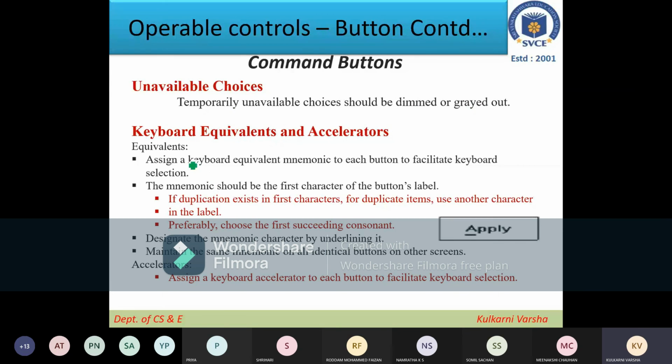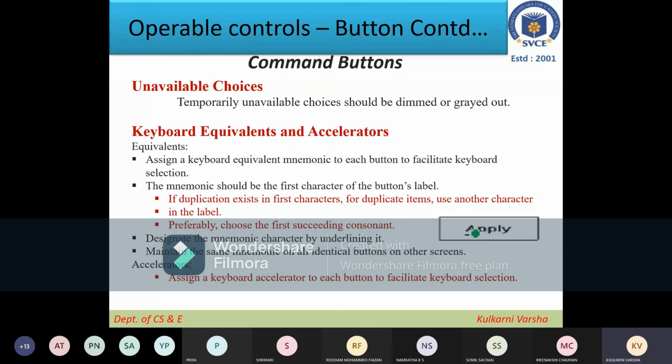You can also use keyboard equivalents and accelerators. For example, here the keyboard equivalent is nothing but this A, and we have underlined that A, which indicates the character A. Through the keyboard, you can use the character A, which is the equivalent of the apply action, along with control.